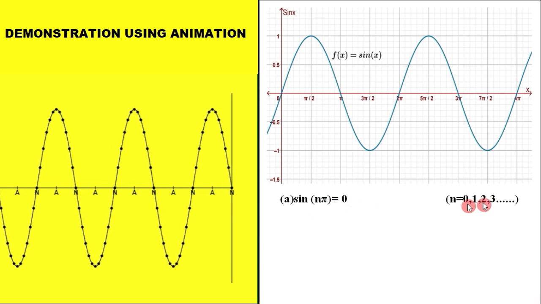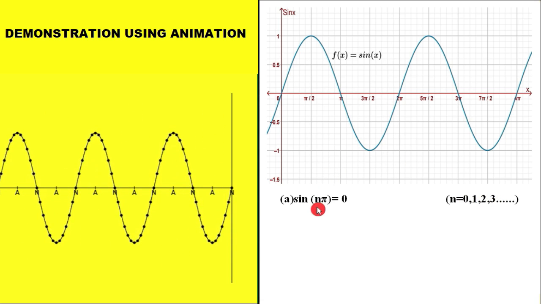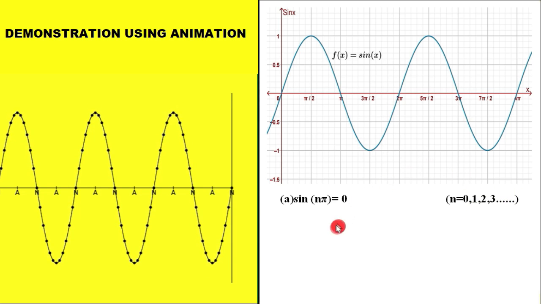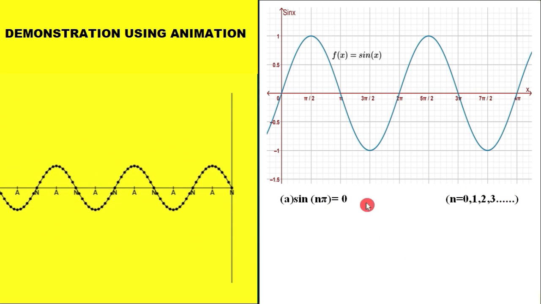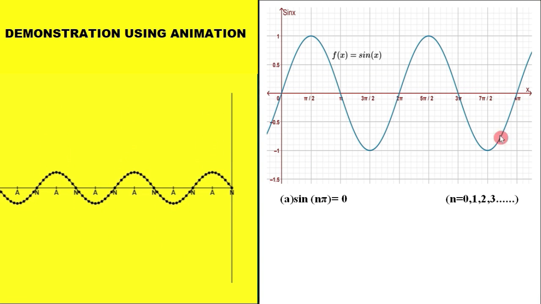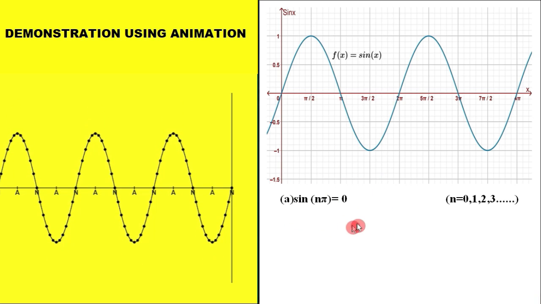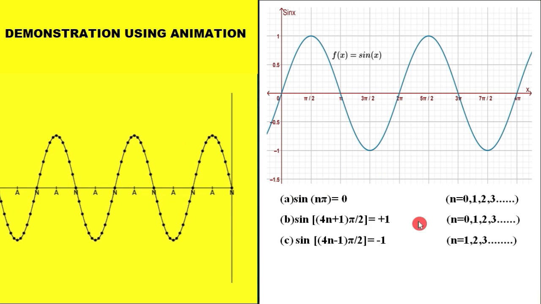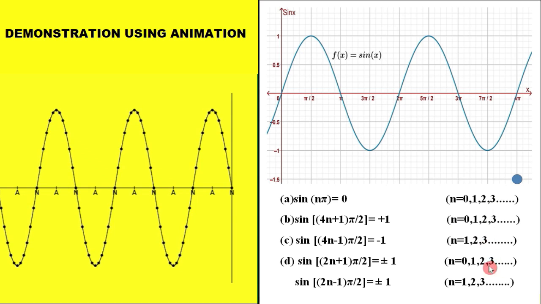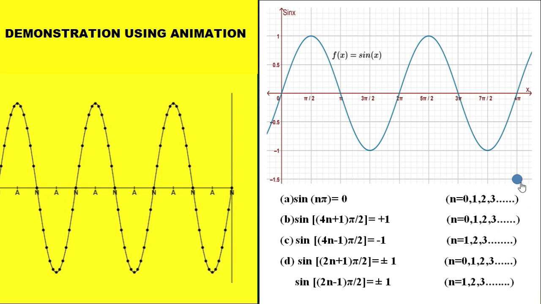Where n, what is n? n is 0, 1, 2, 3, like that, because if you put 0 here, you will get sin 0. You will get 1 here, sin pi. You will get 2 here, sin 2 pi, and you can see all these values are going to be 0. Is it clear? So remember this line, sin n pi is always 0. These values I will explain later. Now let us come to our previous slide.